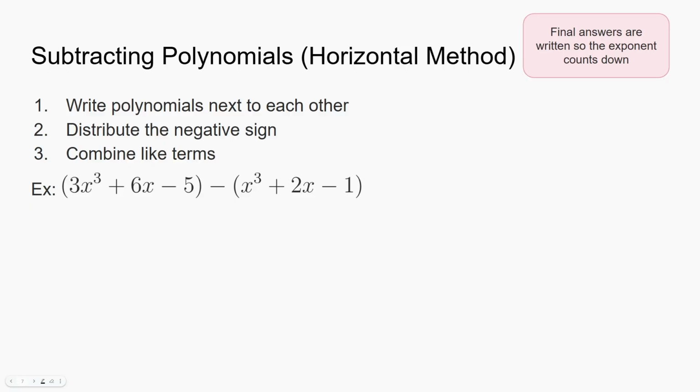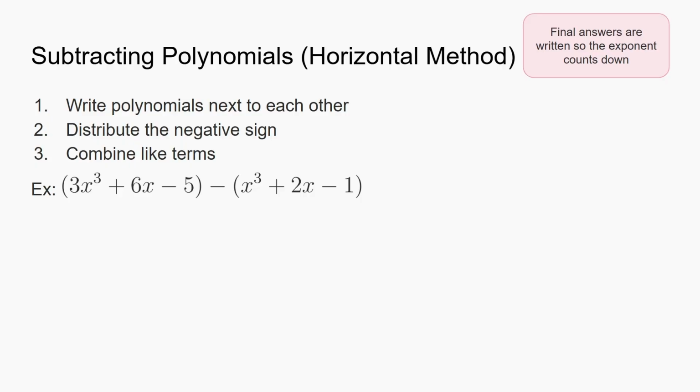Now, let's get into subtracting polynomials. Just like for addition, we have both the horizontal and the vertical method. Let's start with the horizontal method. Number 1, we write polynomials next to each other. Number 2, we distribute the negative sign. And lastly, we're going to combine like terms. So here we have a problem, 3x cubed plus 6x minus 5 minus x cubed plus 2x minus 1. As you can see, the polynomials are already next to each other, so we can start with distributing the